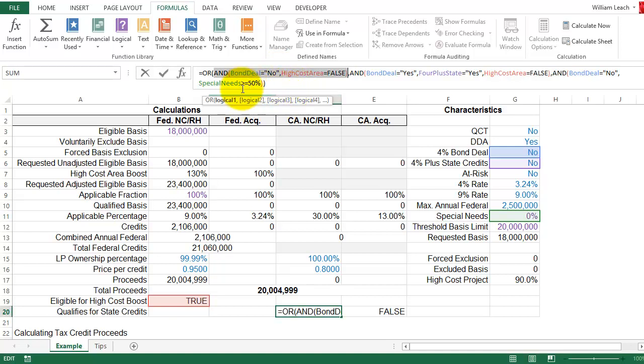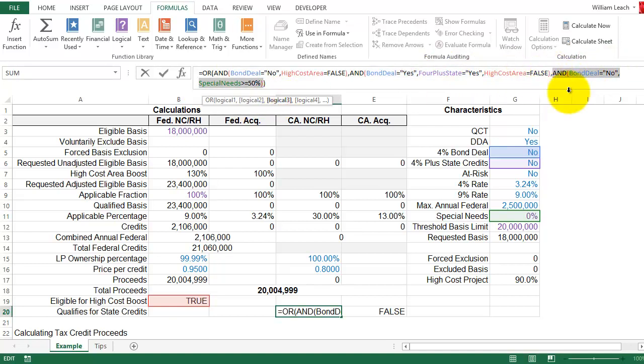So here we're going to read this as you're not a bond deal, or you're a 9% deal, and you're not in a high cost area. Okay, so you'd be eligible for state credits if you're 9%, not in a high cost area, not getting the boost. Okay, that's one way. What's another way? This comma right here: or you could be a bond deal, you're competing for state credits, and you're not in a high cost area. Bond deal and competing and not in a high cost area. Okay, the third way,